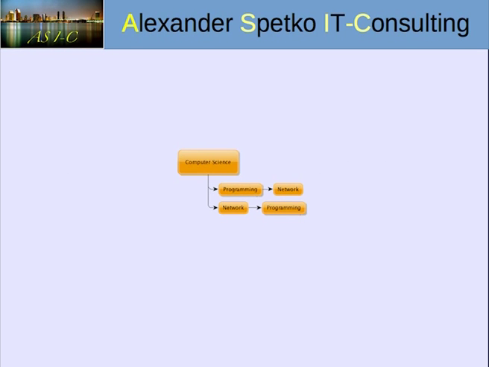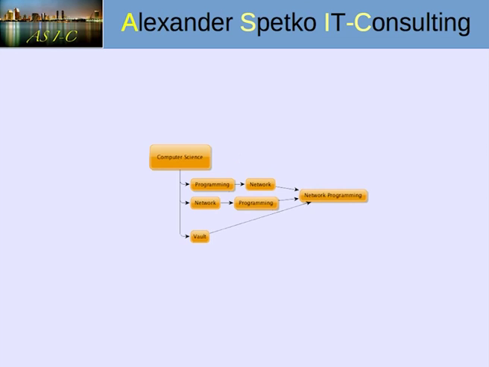How about a second example, something from computer science? Let's take a look at this structure. We have a subdirectory called computer science. Under computer science we have a subdirectory called programming and a second subdirectory called network. Under the subdirectory programming, we have a subdirectory called network, and under the subdirectory network, we have a subdirectory called programming. Does this sound familiar to you? In my case it does, even though my directory structures are way more complicated than this. You might say that this example is the same as the one before, and more or less you are right.